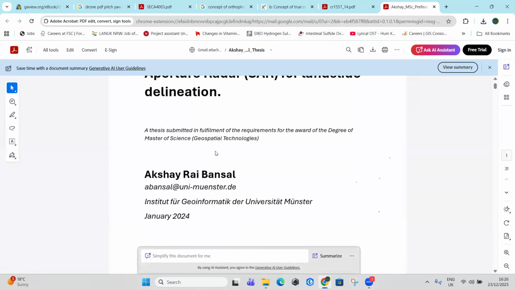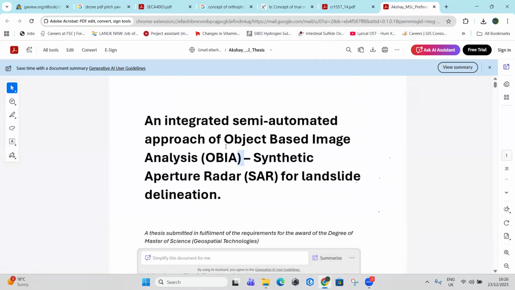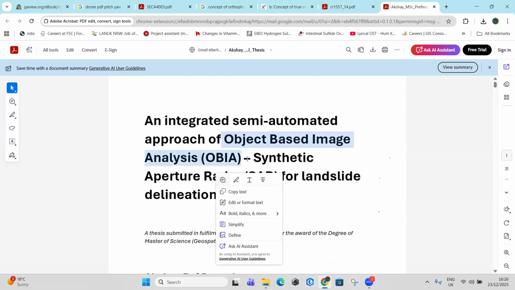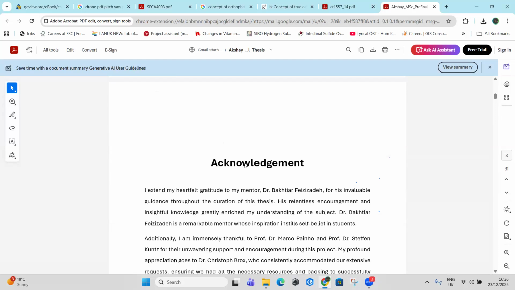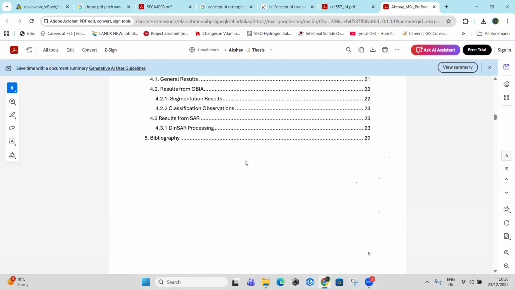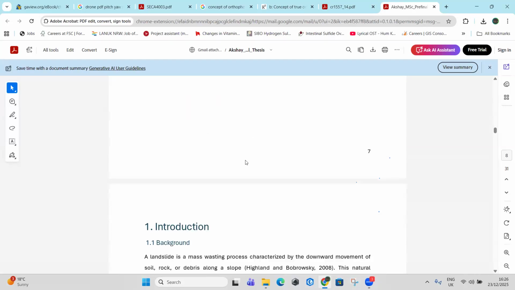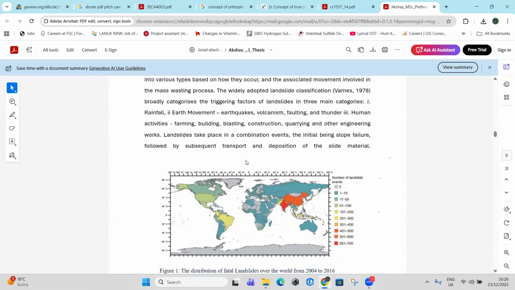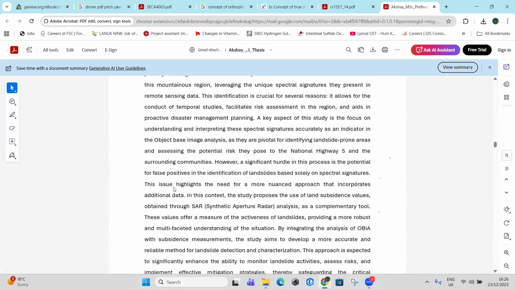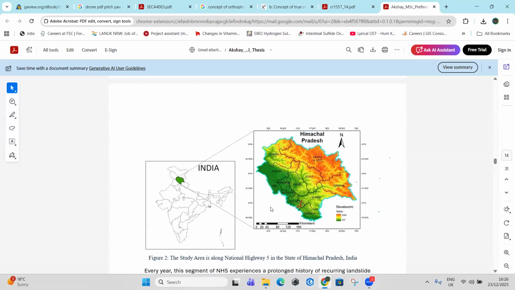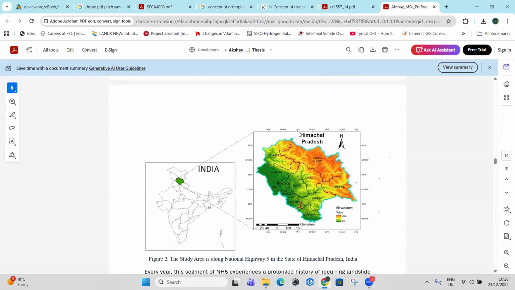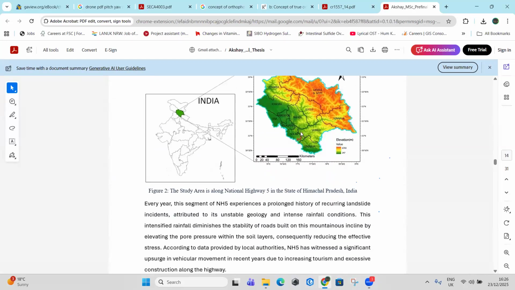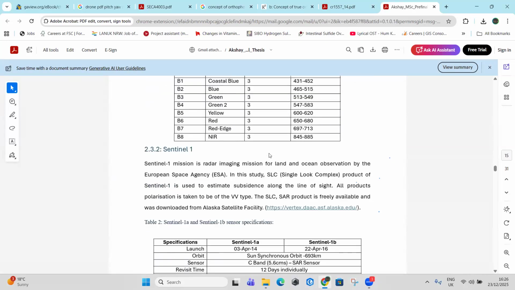For example, this was my thesis. My thesis was based on OBIA. I did the work on eCognition and synthetic aperture radar. Basically, I took some area in India. This is Himachal Pradesh, and in this area, if you see the red section, this road. Along this section,